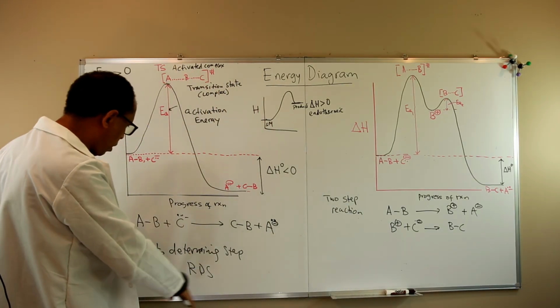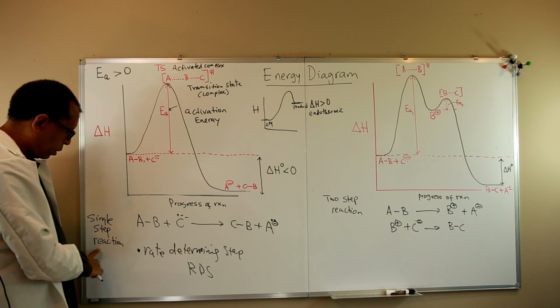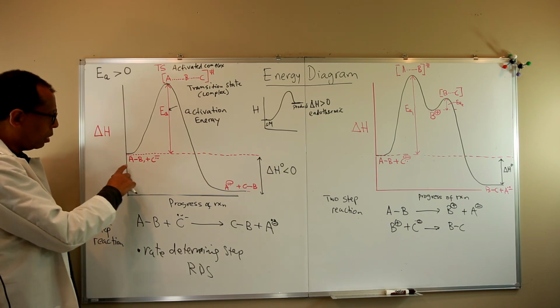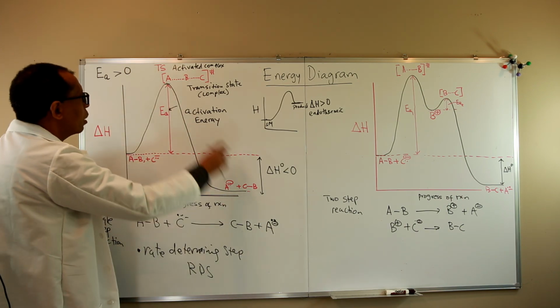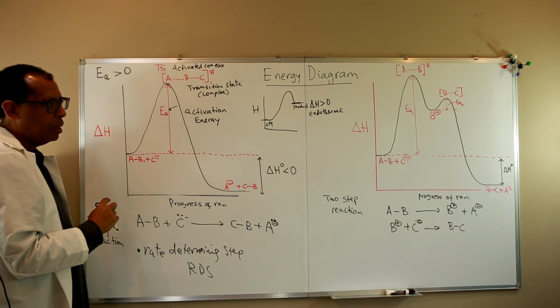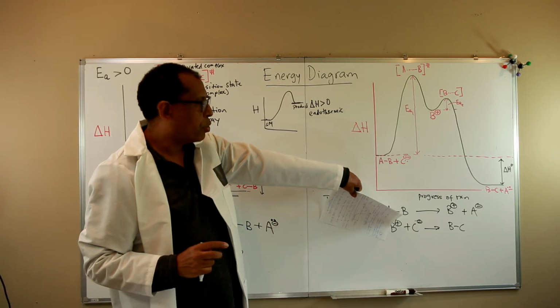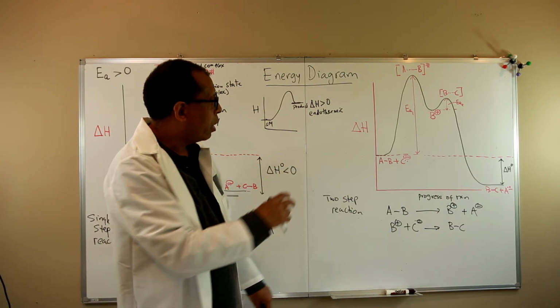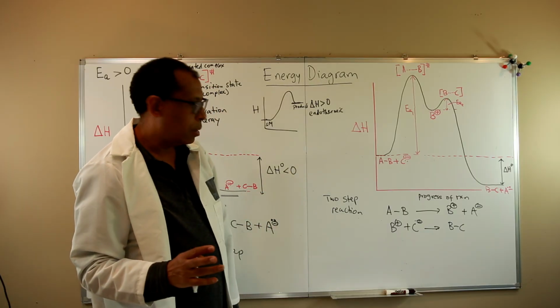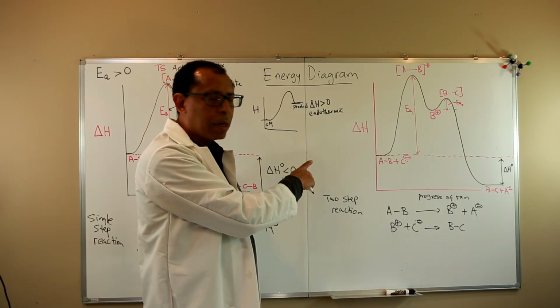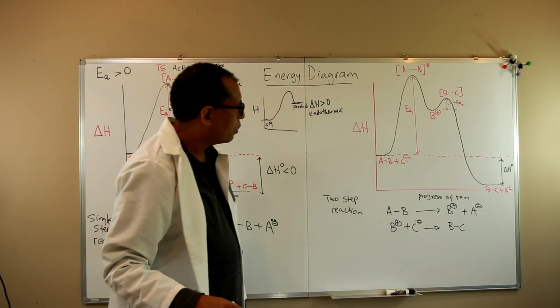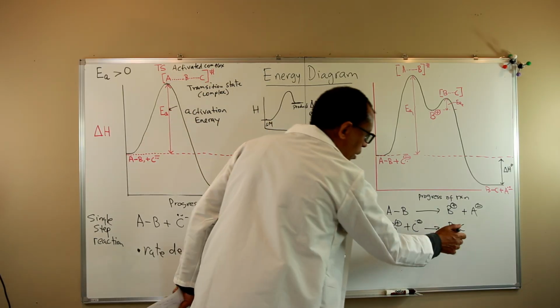So what you see here is a single step reaction, meaning that the starting material goes to product through a transition state. But here I have a picture where you have an intermediate between starting material and products. So we are forming this product BC,